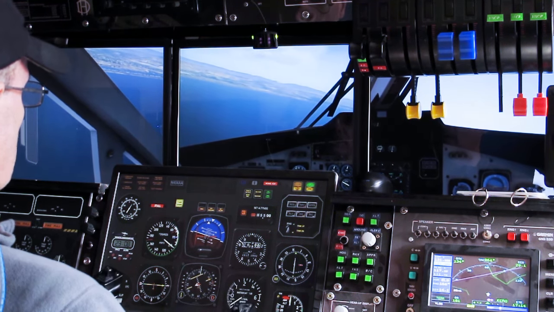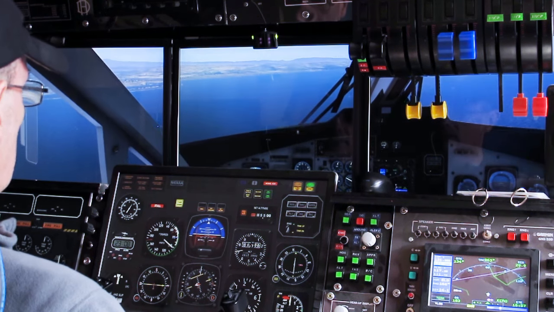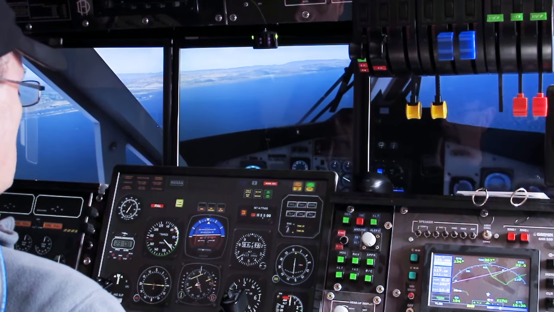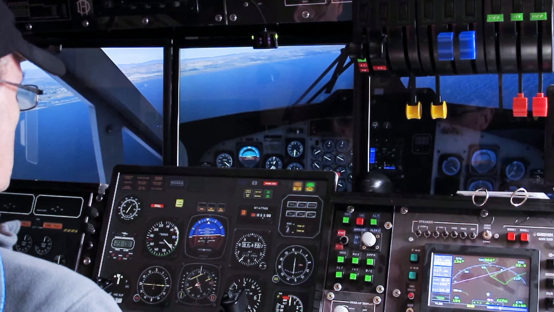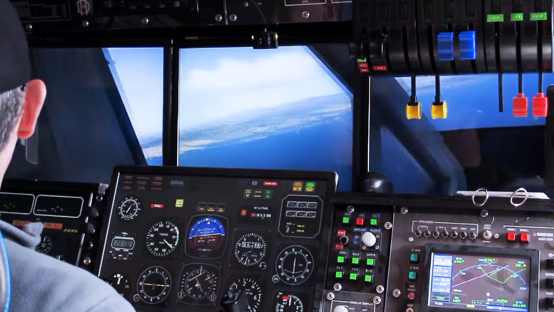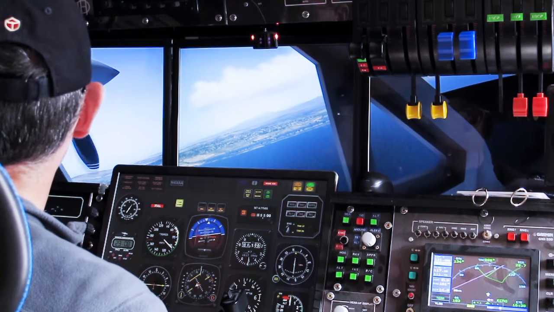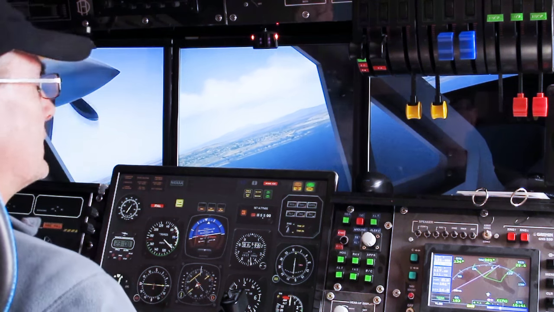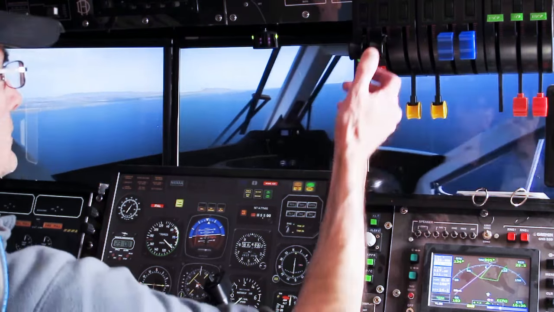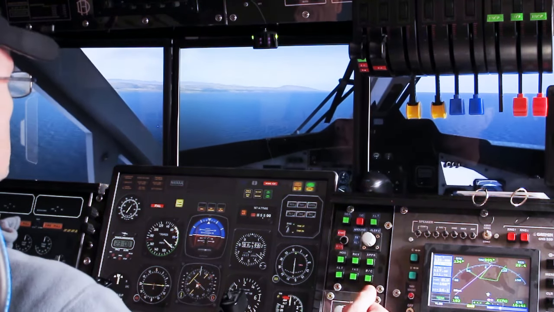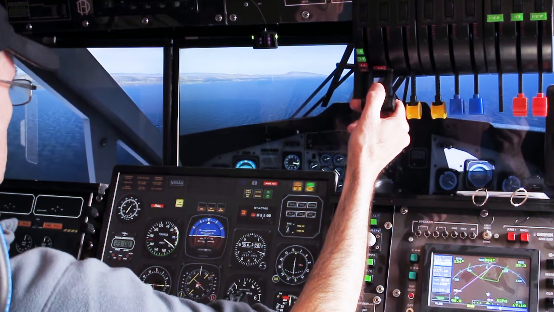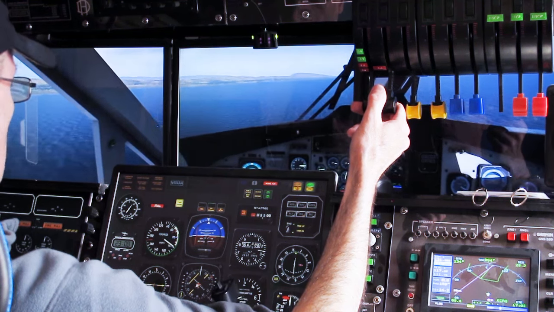In fact, we've got a bit of oscillation. The speed's staying about the same, the net speed hasn't really been affected, and if anything the rate of descent has reduced. We look out, we can see the props have actually almost stopped spinning. If I unfeather those, before we ditch,